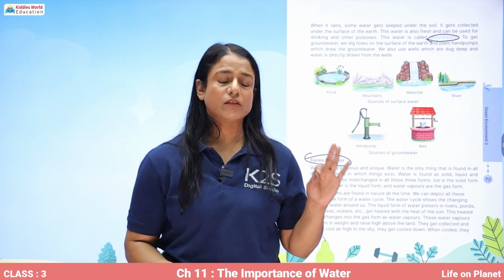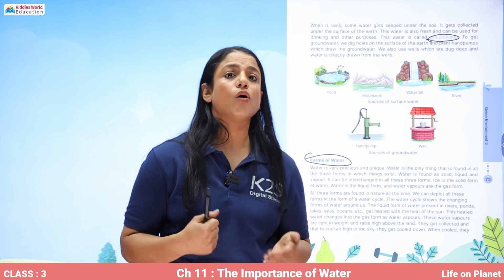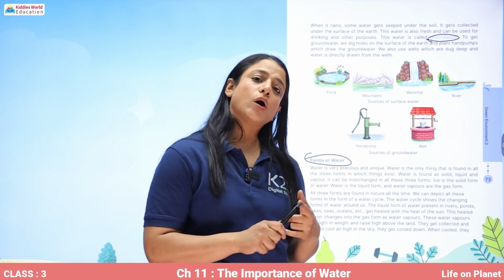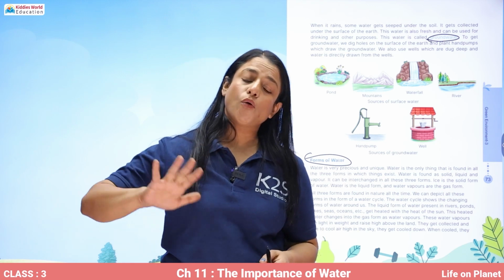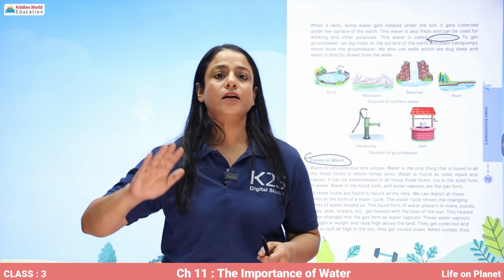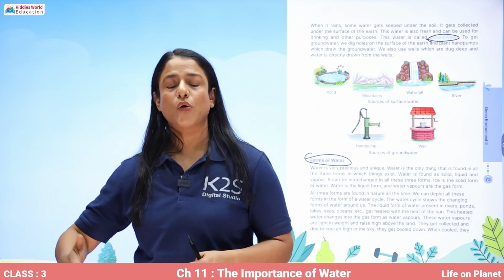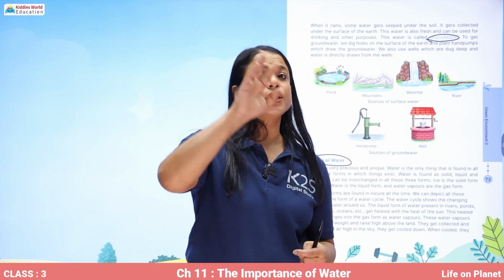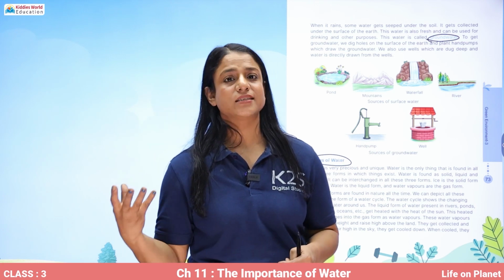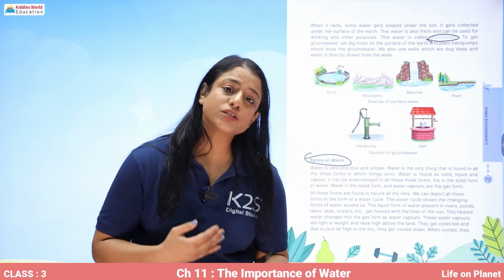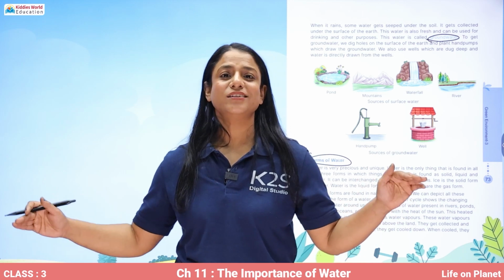Now, what are the forms of water? There are three forms of water. Water is available in the form of ice, liquid water, or water vapors. So it's solid, liquid and gas. In nature also, water is available in all these three forms, and water can change from one form to another. The continuous changing of these forms in nature is called the water cycle. Because of this changing form of water, rainfall is possible on earth.